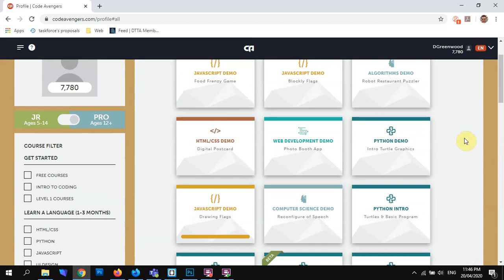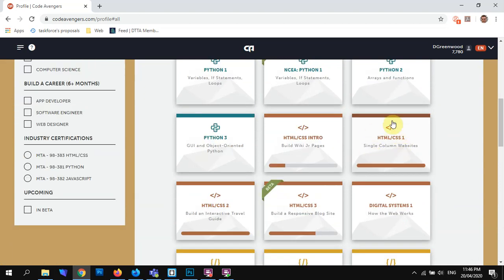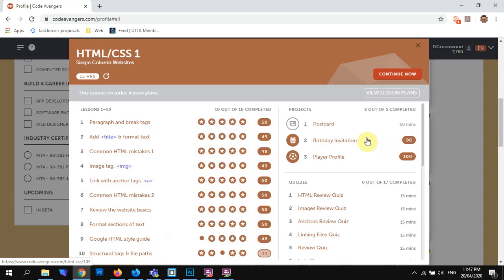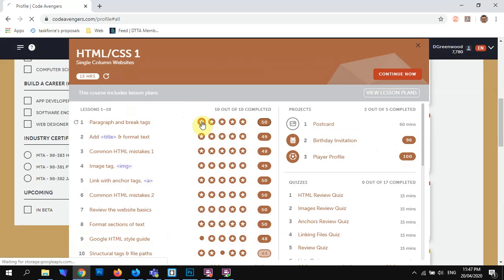And I said for you to do HTML/CSS1. Okay, so just click this. And you can basically just go start lesson. So when you hit start lesson, you'll get the first lesson. And it'll say, do you want to take the tour? And you can go, yeah, sure, we can take the tour. And